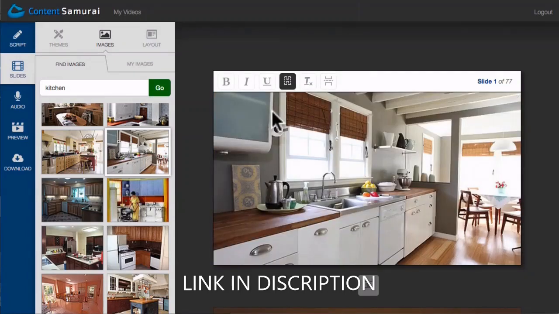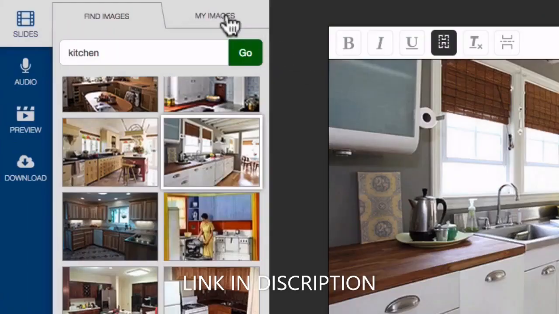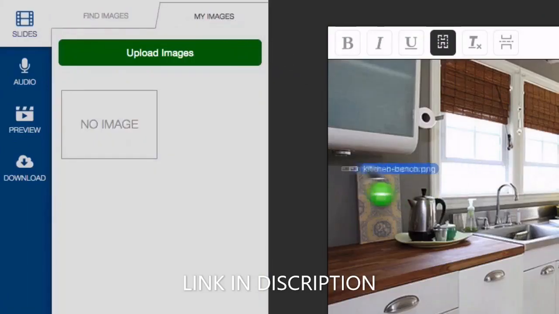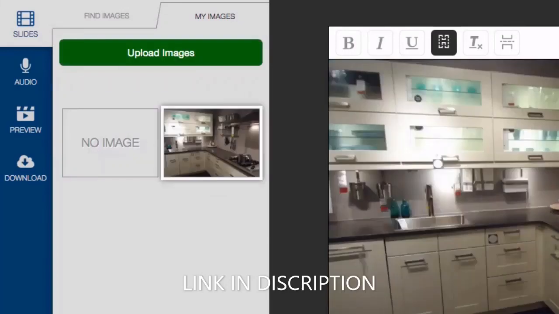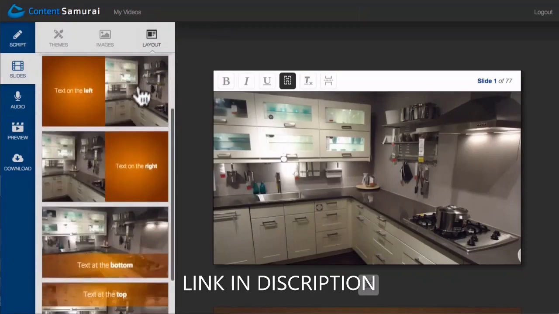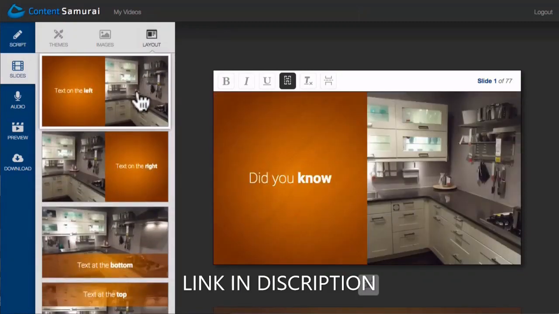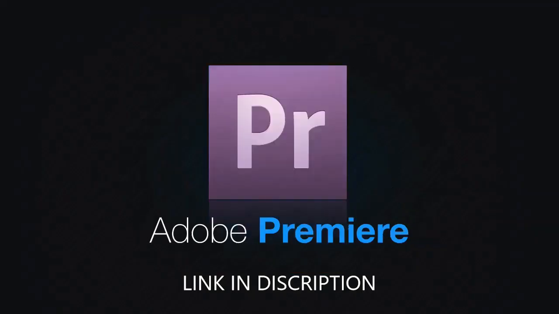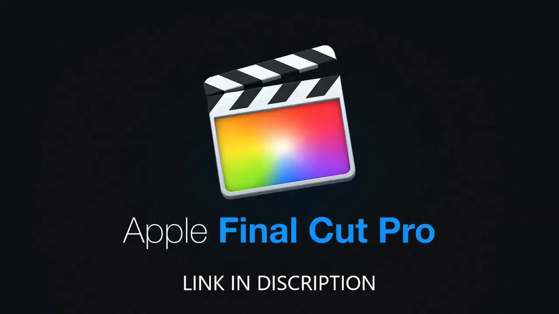And if you have something specific in mind, you can easily add your own images over here simply by dragging and dropping them into the My Images panel. And if you want to change a slide's layout, just come over here and choose from one of the preset options. No messing around with complicated and expensive software like Adobe Photoshop, Premiere, Soundbooth, Final Cut Pro, or even Keynote